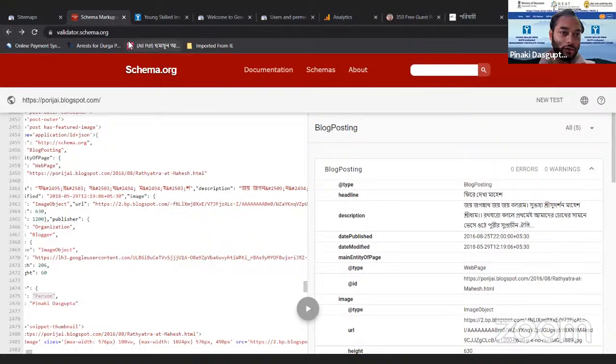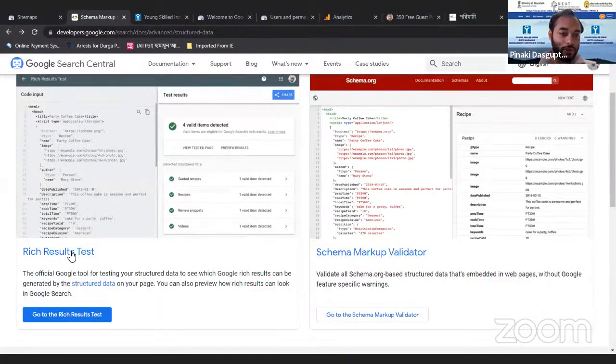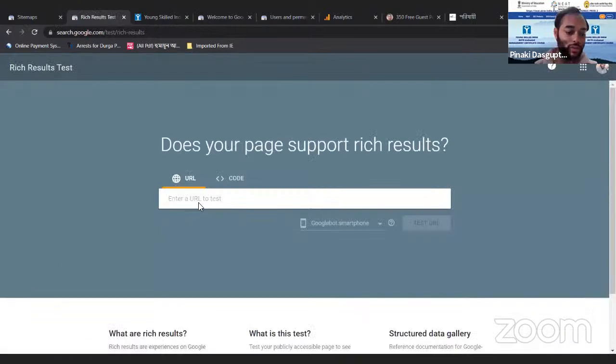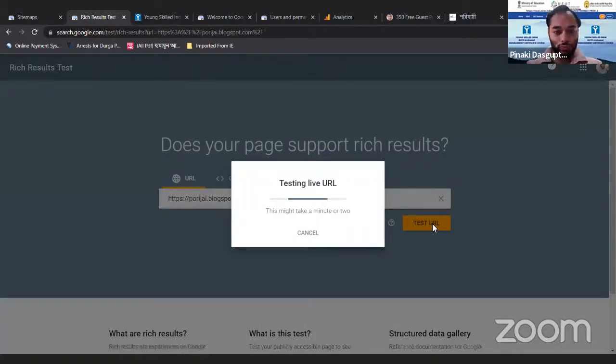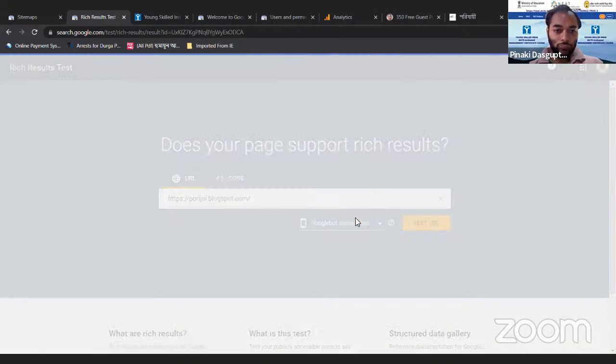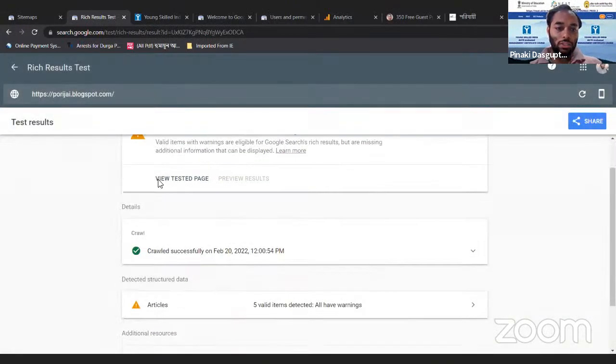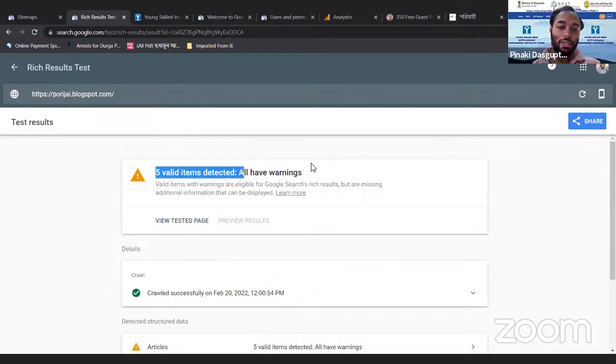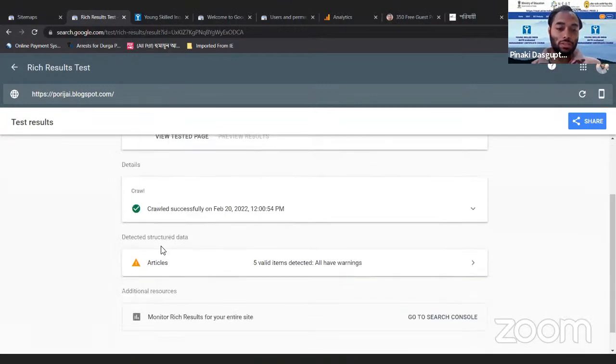And in the rich result, you can check whether your website is able to generate the rich result or not. See, it is showing 5 valid items detected, all have warnings.